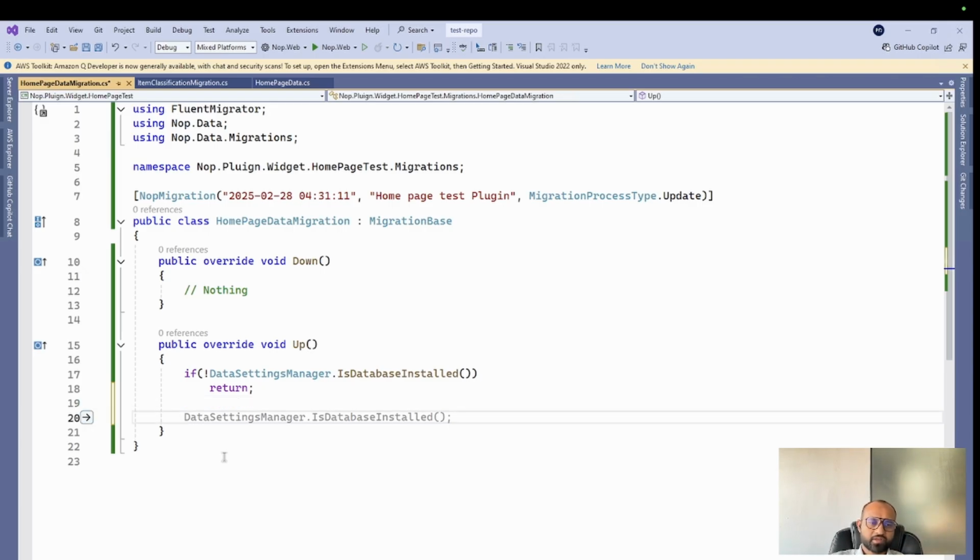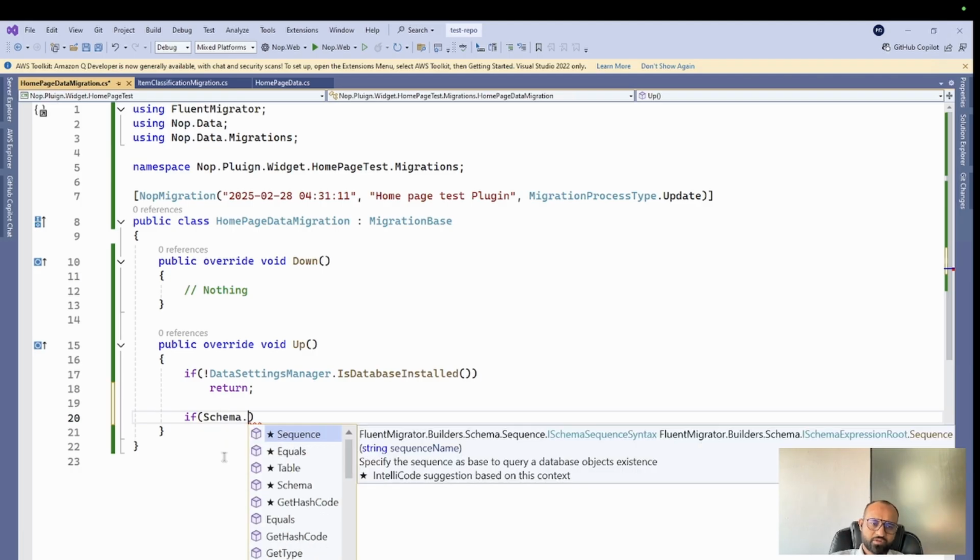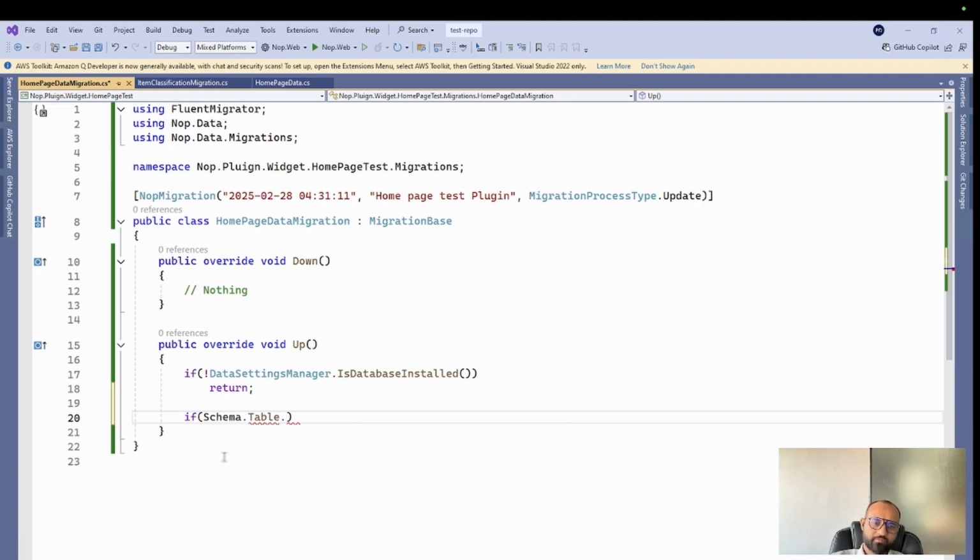Next, we will check if the table exists. If not, we will create a table. So just check if Schema.Table, and here is Exists. If it does not exist, then we will create it. Okay. So the table name is required, so we can check inside the table